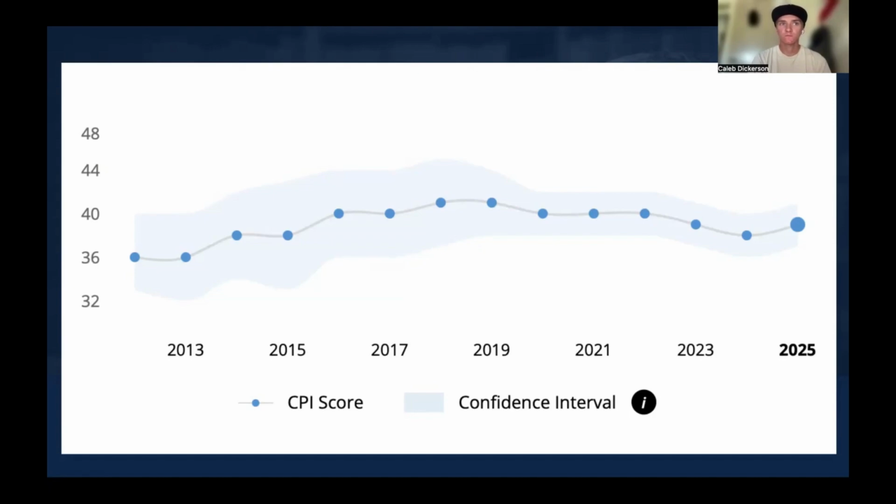These examples show that corruption in India is not just limited to everyday interactions, but can also exist at the highest levels of governance and government. This reinforces what we see in that CPI score, and that corruption is simply systemic in India and can impact political rights, institutional trust, as well as the overall quality of democracy.